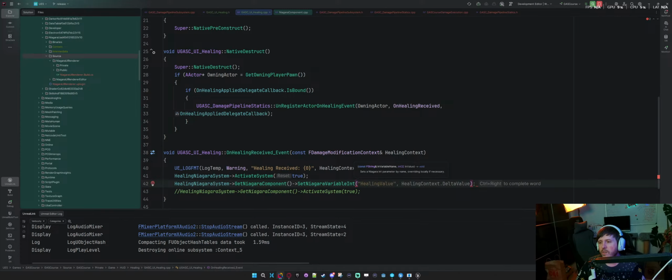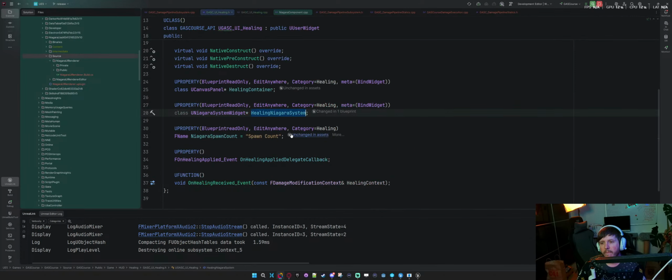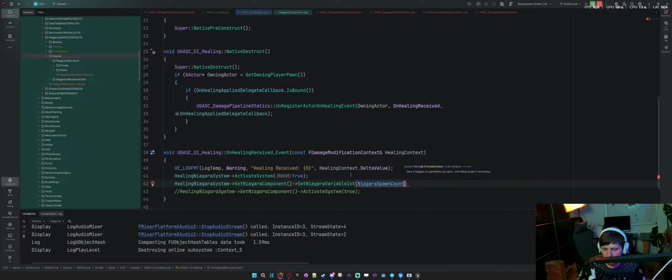Now this takes, it's actually taking a const string name. Interesting. And I just say string.